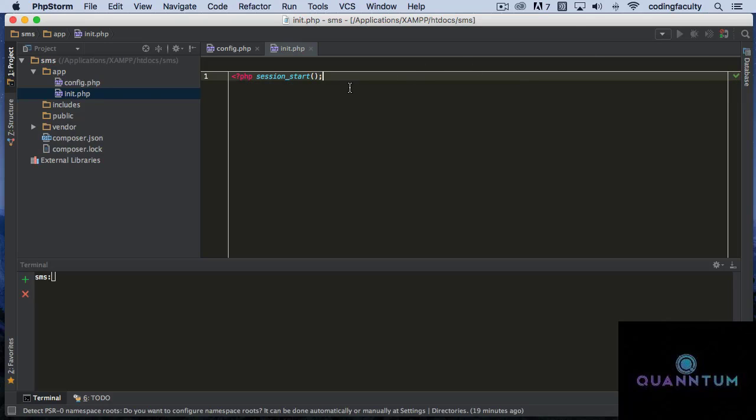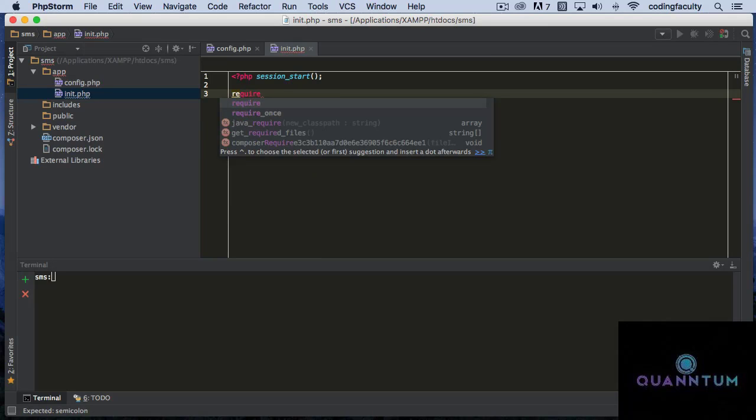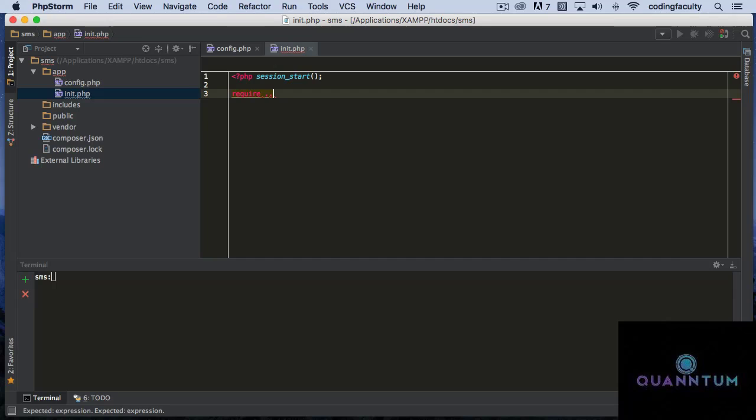And I'm going to do this in the first line, just in case you're taking this to a live server. Make sure that your session start is always the first line, all right? Just to avoid some issues. So we're going to require, and what I'm going to require is this vendor folder here, because